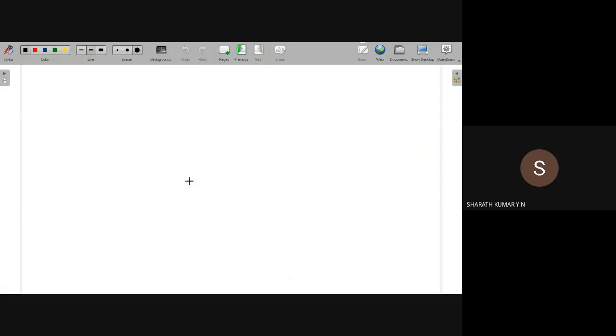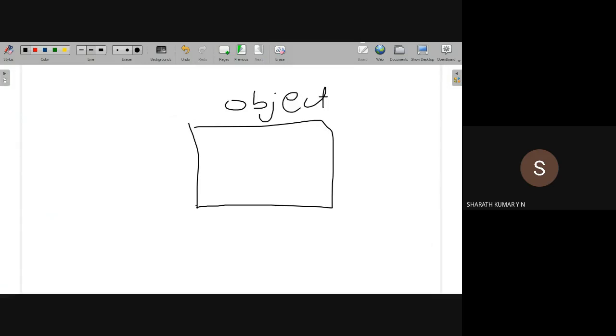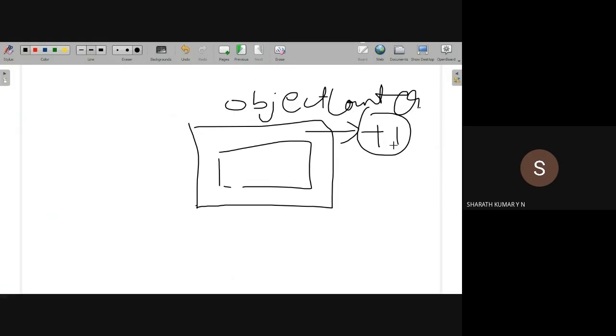Let us say, for example, the best example for this is counters. If you go to shopping malls, there is an object counter, a counter desk. The objects are placed on that device. For one object, the internal counter increments by one value. The first object, the count becomes 1. The second object, the count becomes 2. Third object is placed, it is incremented. So there is a counter.